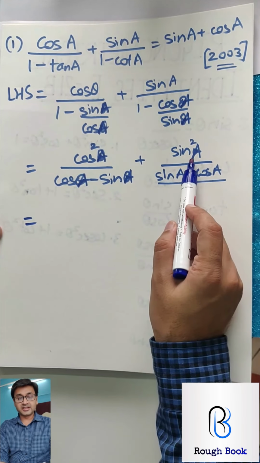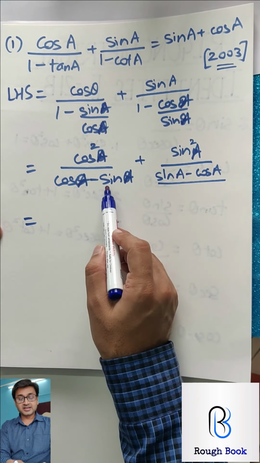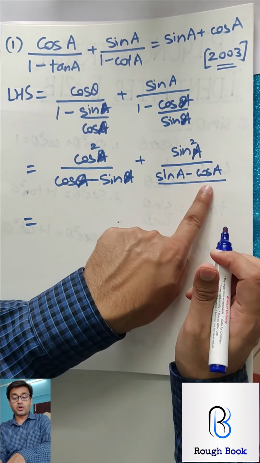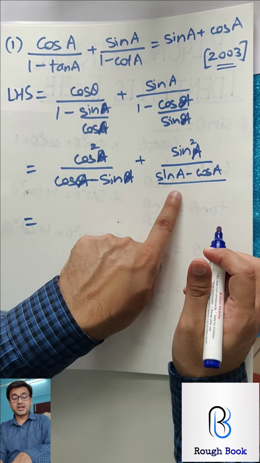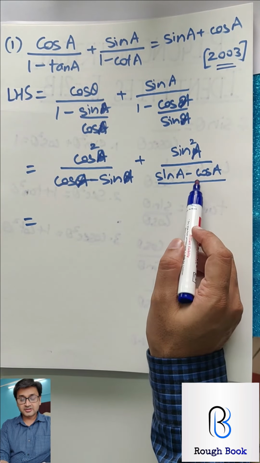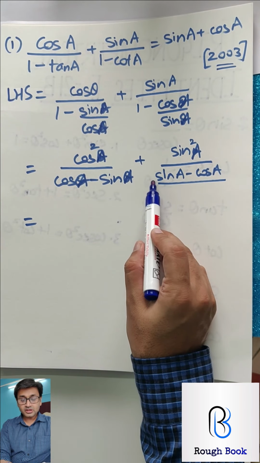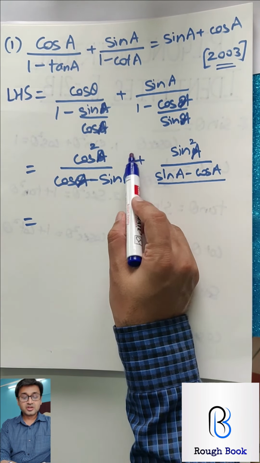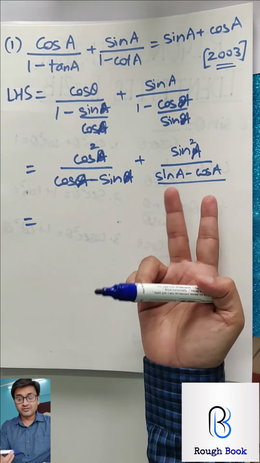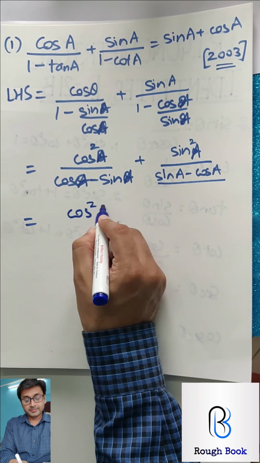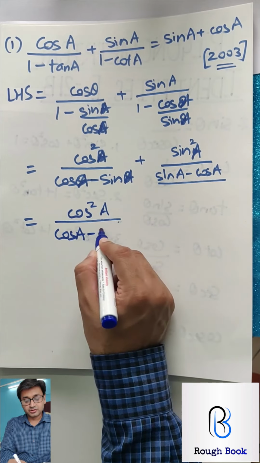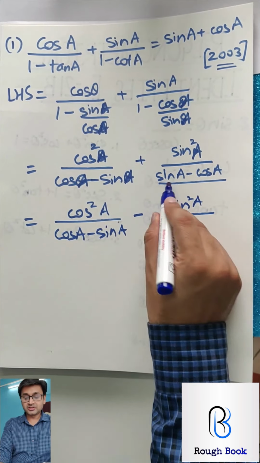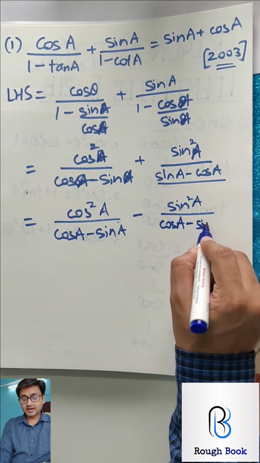So now you have cos square and sine square in the numerator: cos A minus sine A, minus cos A. Both are different with sine and cos. You have cos as plus, but your cos is minus; your sine is minus, your sine is plus. So if you want to change these signs, you need to pull out minus common. So this will become minus and this will become plus, and then that minus and this plus will become minus. So basically this sign will change, then these will flip. Whenever you want to flip, the basic technique that we use is you change this sign. So when this sign changes, you can flip this as cos A minus sine A.